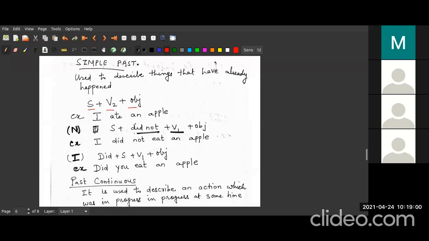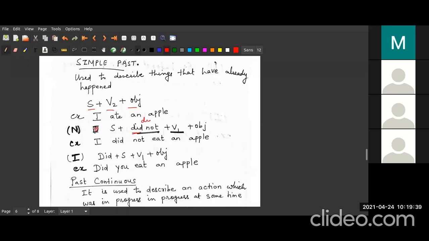So and what is the structure of the negative? So this you have to remember. जैसे हम simple present में negative बनाते हैं do या does जोड़ के. You remember? Yes, ma'am. So you remember we make the negative and interrogative in simple present by adding do or does after the subject. You have to remember in simple past that you use did not or didn't.